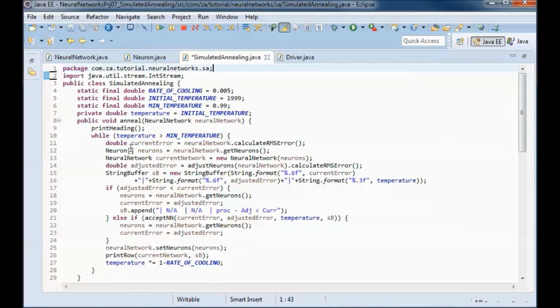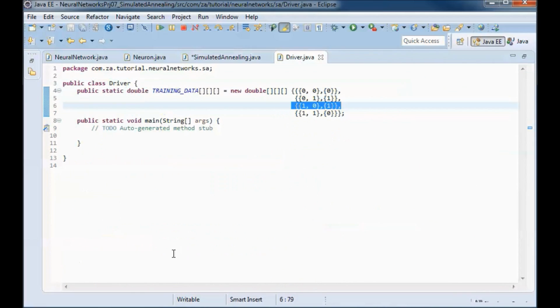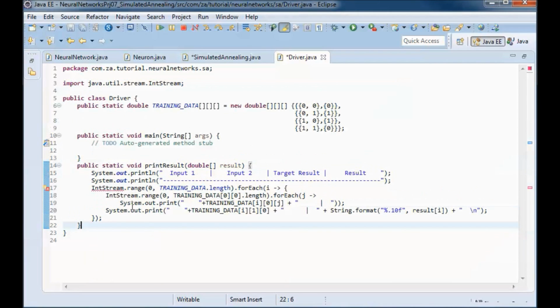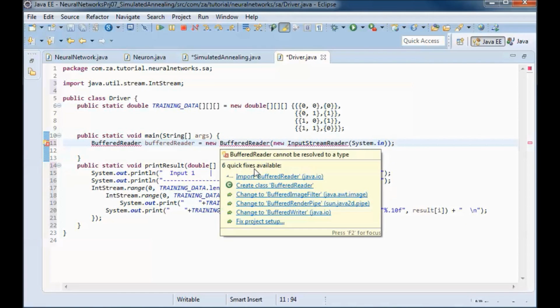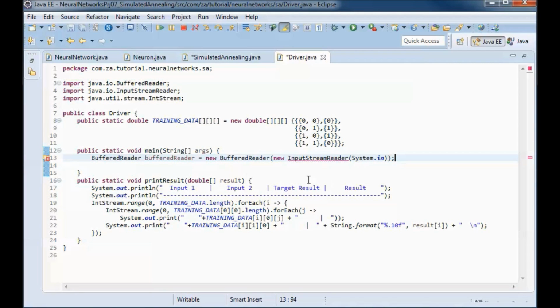And next I will go to the driver class, and here let's start by defining this printing method. It will print the result of running this neural network, and I will be using a buffered reader to pick up what the user is entering on the command line.